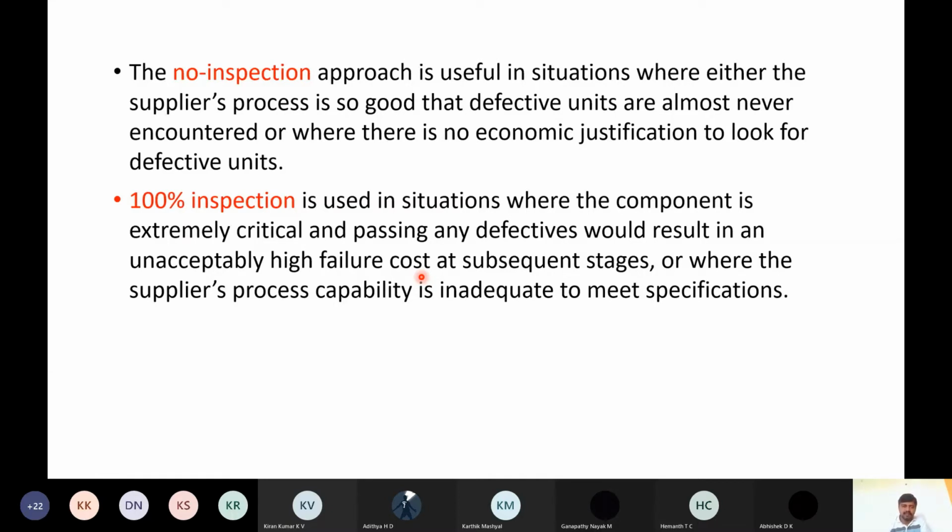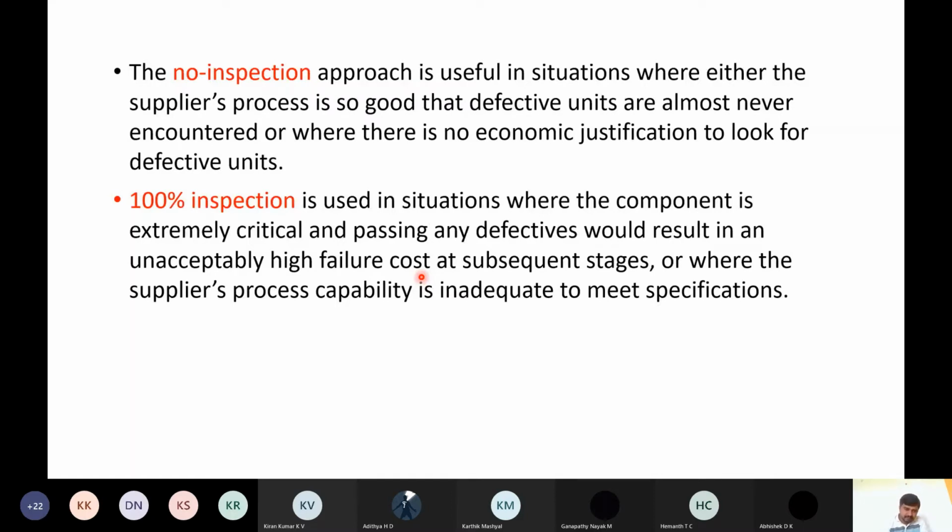So for a few products, 100% inspection is necessary. It depends on where those components are used, and even the company may be brand conscious or image conscious, where it doesn't want to leave a single defect. Then also it can go for 100% inspection using modern technologies, or if it is difficult to perform 100% inspection manually because it will take a lot of time. That will result in many disadvantages also.